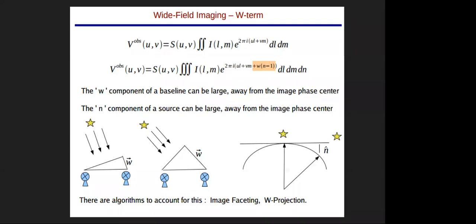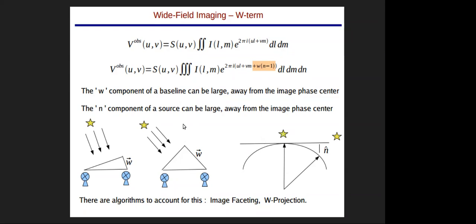Now let's go to wide field imaging. Okay, why do you need wide field imaging? In most of the cases you ignore this W term, right? You do not see this W term, and you say that, okay, we do not need this W, this value is close to 1, and we can ignore it. But in some cases you cannot ignore that thing. And when this is the case, if your source lies far away from the phase center,